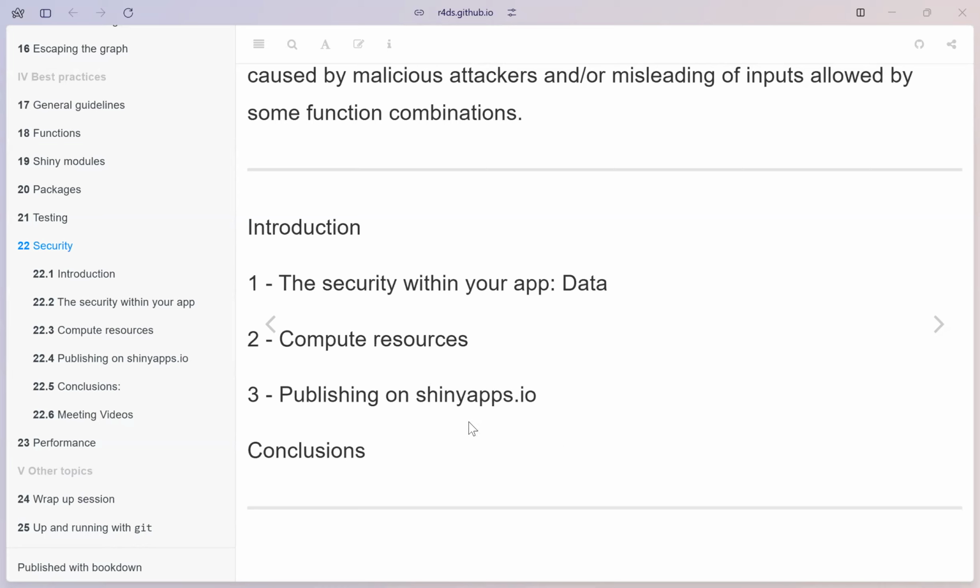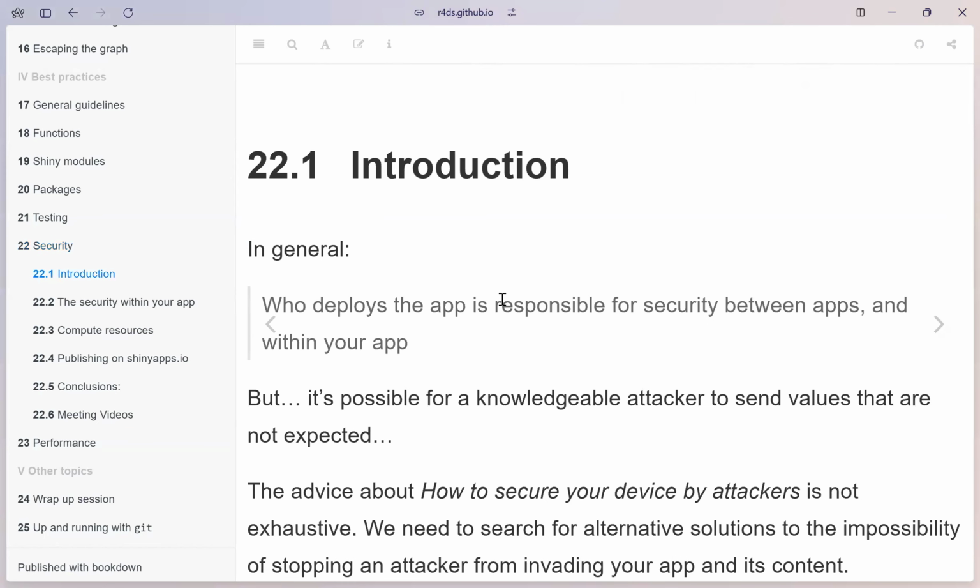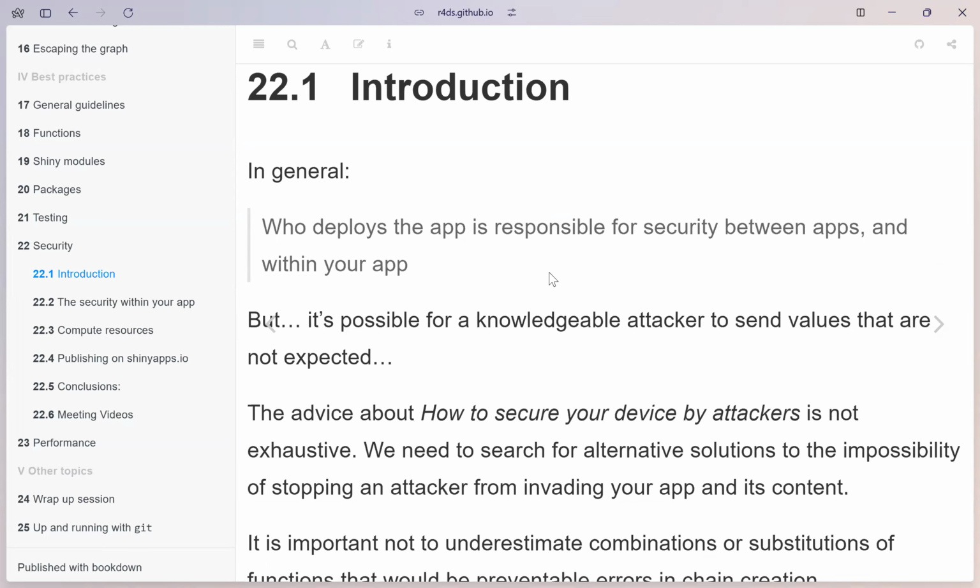I'm going to be using a combination of the notes that I have with me and this chapter. I would also like this to be kind of an interactive session, because I'm not so good with the security aspect, but I've read a little bit about it. So in general,